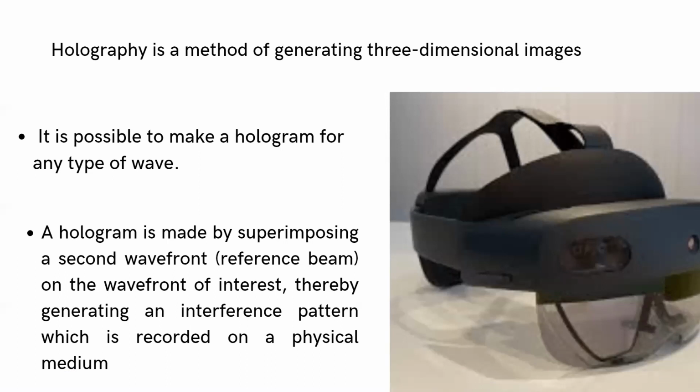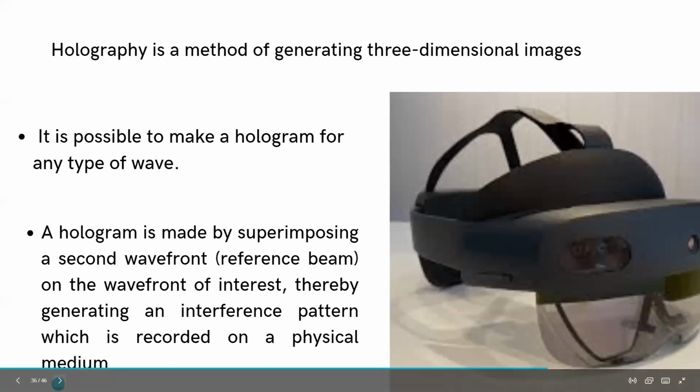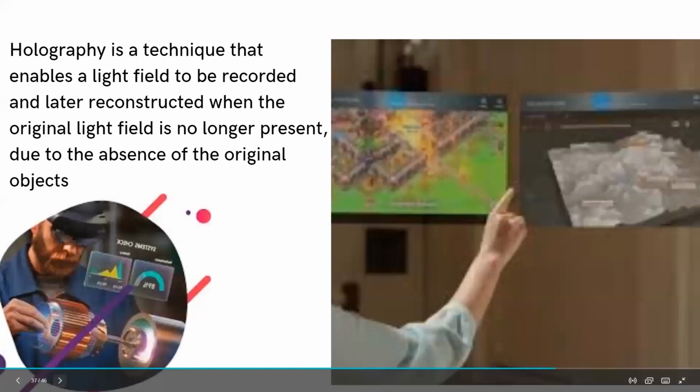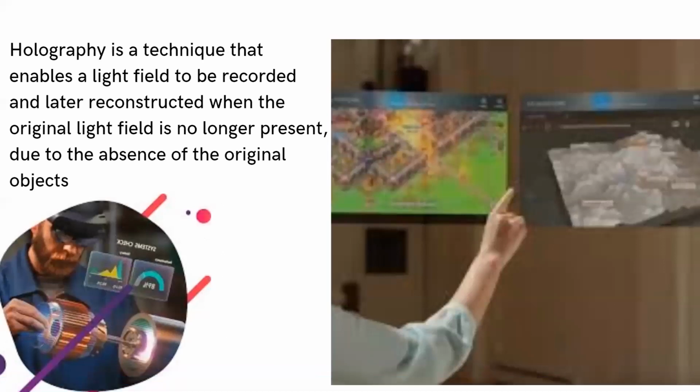We'll be creating a hologram for any type of wave. It is possible to create a hologram for any type of wave. The method is that we'll be superimposing a wavefront on another wavefront of our interest. We'll have a wavefront and we'll superimpose another wavefront on that wavefront. Then we can have a pattern, and we'll record that pattern in a physical medium. So the main advantage of this holographic processing is that even if the original medium is absent,